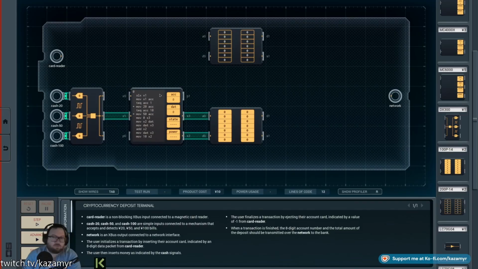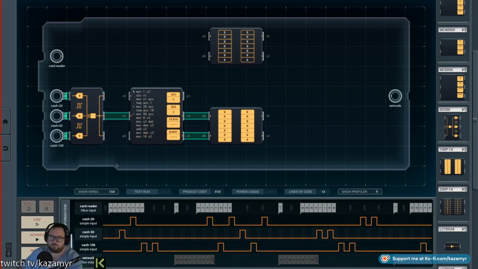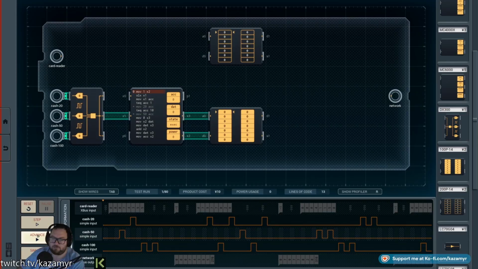So if I do this, we'll just move, because we're going to start at 0. So we're going to move 1 into x2. And then that tells me to write my values to 1, right? Okay. Now, if we do accumulate and we step through here,